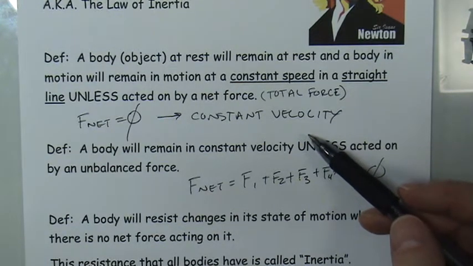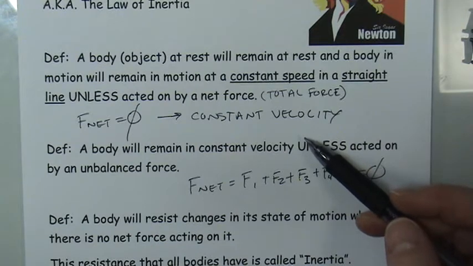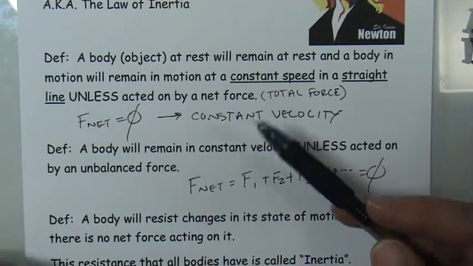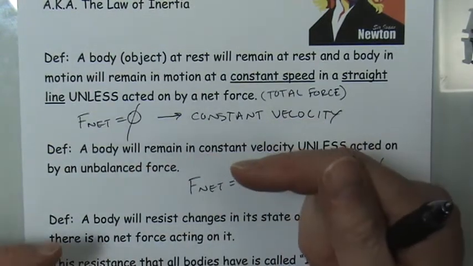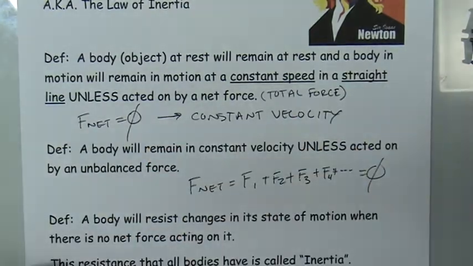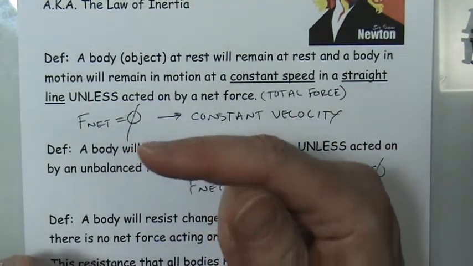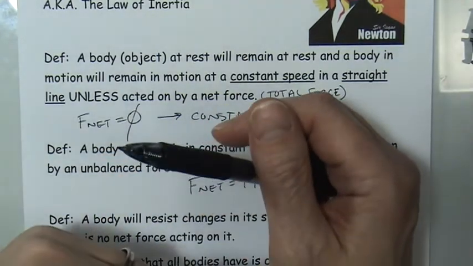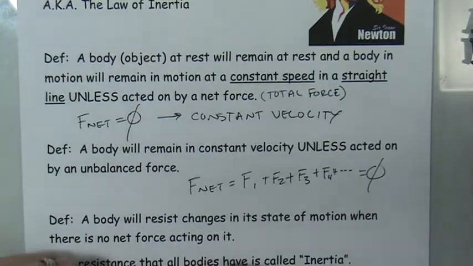A car traveling at 150 miles per hour also has no net force acting on it as long as it travels with constant velocity. And what that means for the car is that the thrust force must be equal to the drag and the friction, and when that occurs, then you travel with constant velocity. If the thrust wins, it's unbalanced in the direction of the thrust, then you speed up. If it's unbalanced in the direction of the friction or the drag, then you slow down.